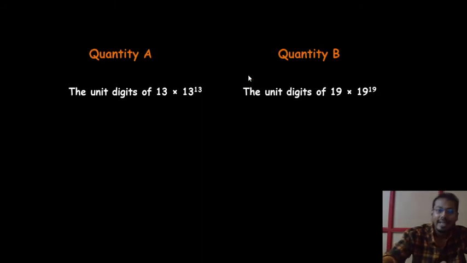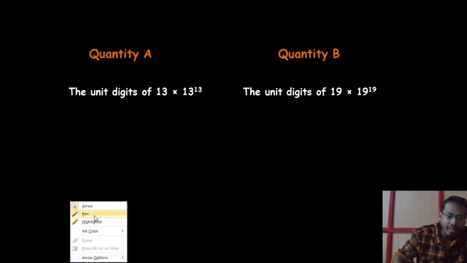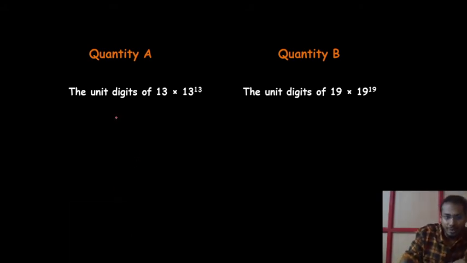Right. And the next problem, quantity A and quantity B, as usual. This is also based on unit digits. The unit digit of 13 into 13 power 13. So take this 3 power 13. Here it is 3 power 1 into 3